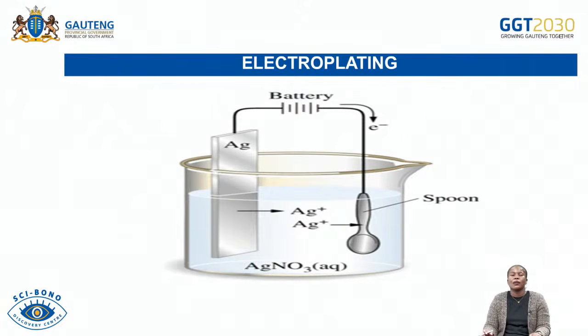So this is how your typical electroplating process would look. We have, in this case, our silver on the side. That means that silver is the metal that we want to plate our spoon with, because we had to put a spoon in there. So we want silver to be deposited around this spoon. So what will happen is that silver will come and be deposited. This spoon will appear more shiny and more silver because of the movement of the metal from the anode